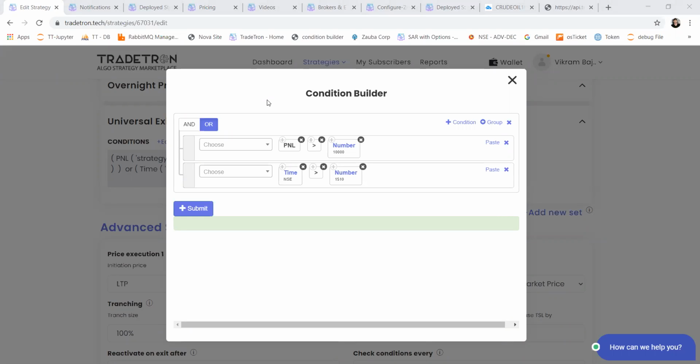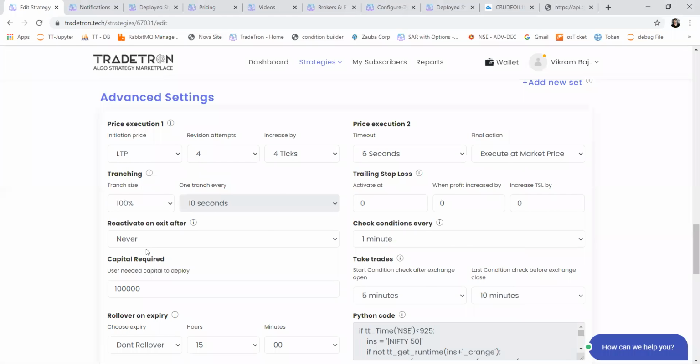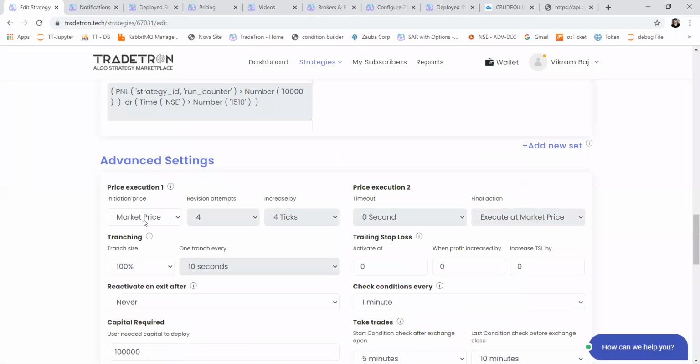How do we handle slippages in this? I assume we take market order here. So it's not only market order. I'll just explain the execution logic quickly. Of course, there's one option to place all the orders at market price. Another option is you can choose any of the other things like average of bid ask, best prices. In case of buying order, it will be bid price, and in case of short orders, it will be ask price, or LTP, which is last traded price. So let's say if I select LTP, then a limit order will be placed at the last traded price of the instrument in which I am placing the order.